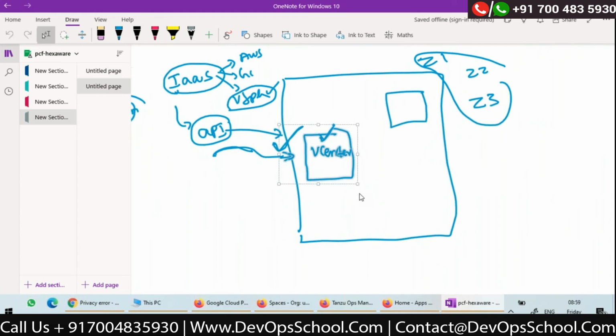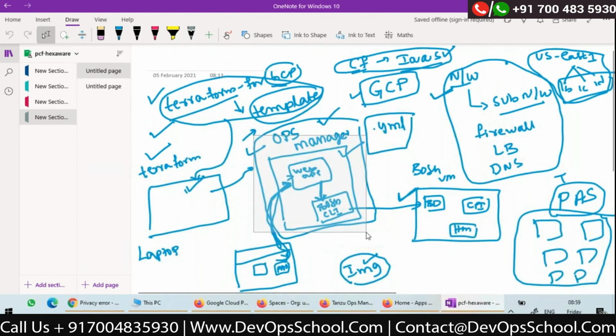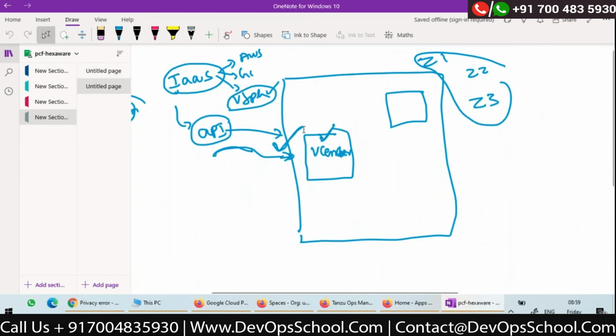Okay, if you have the image, you can create a VM, right? You have to create a VM inside vCenter. Then you will get this Ops Manager VM up, and then you will be able to hit the UI. Okay, then from that I can create a VM in my private cloud, right? Yes, you have to create a VM in your vCenter using the image given by Cloud Foundry Pivotal.